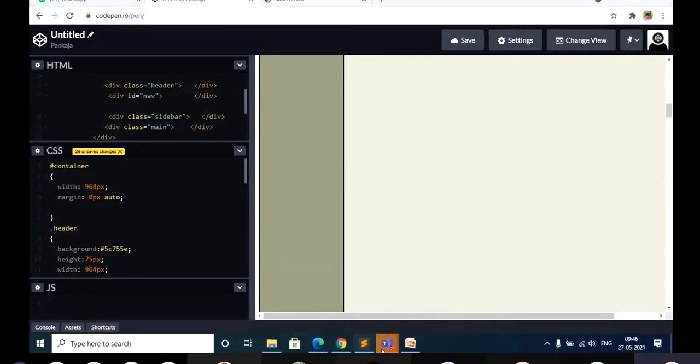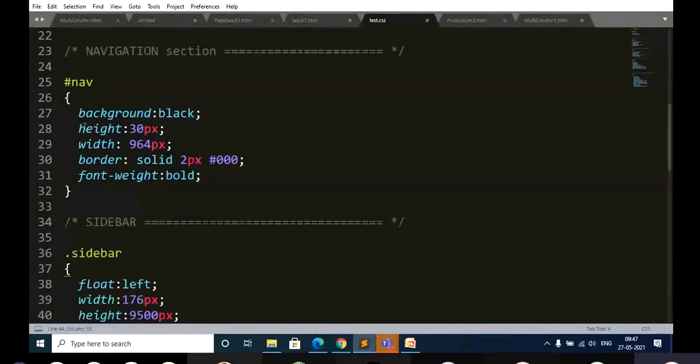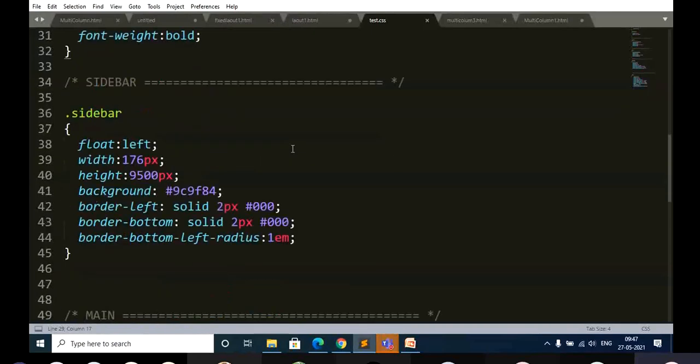Okay, we have 5 minutes left. Let me go to the liquid layout. You have to go back and practice these, so that you will be able to design the web page instantly. If you are struggling with what property to use, it will be difficult and you will take a lot of time. So next we will go with another program.